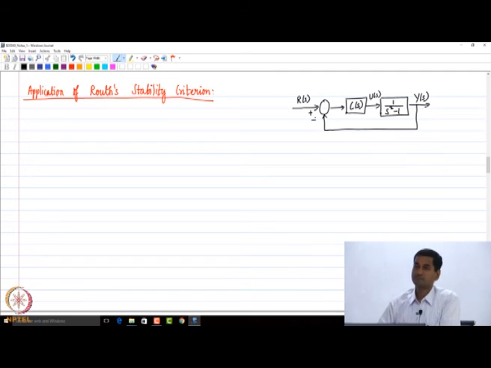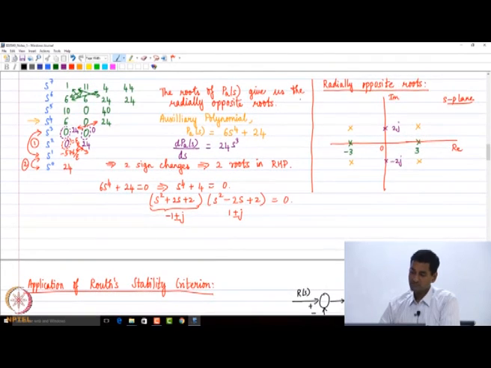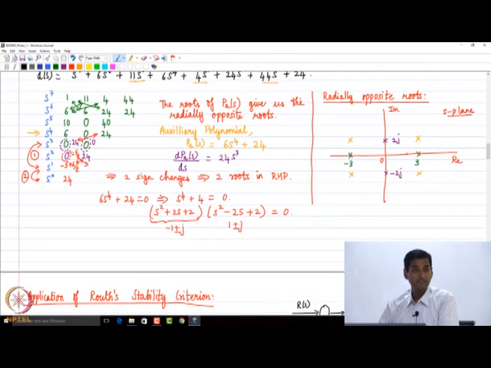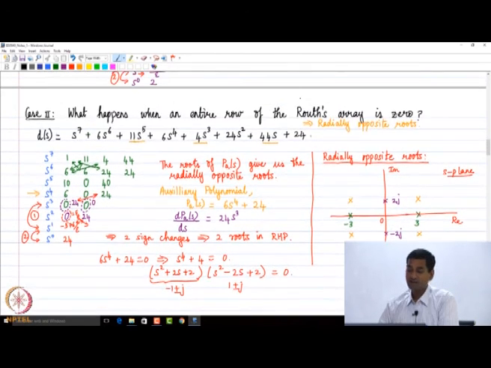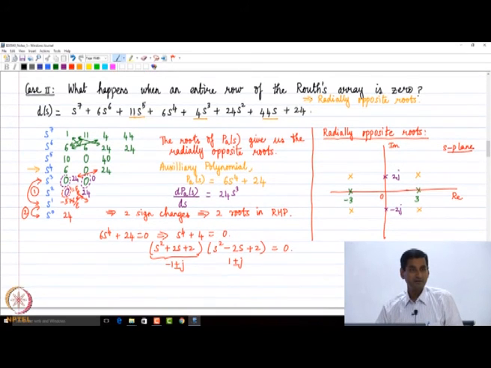Yes, please. In the previous problem, there should be 7 roots, rows. Yes, exactly. We get 4 rows here, that's only for the auxiliary polynomial, and then 4 rows for the sign changes. 2 rows for the sign changes. So 2 out of the 4 roots are going to be in the right half plane, that's why you have 2 sign changes. They are accommodated, so that's why I made the statement that 5 roots are in the left half of the complex plane